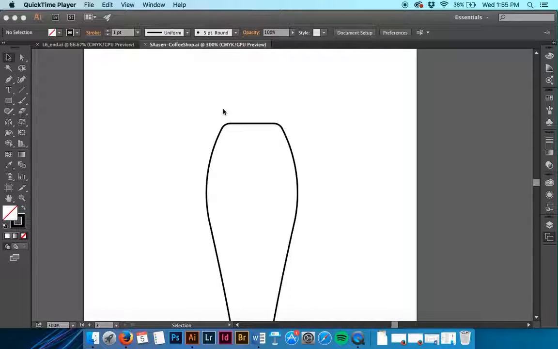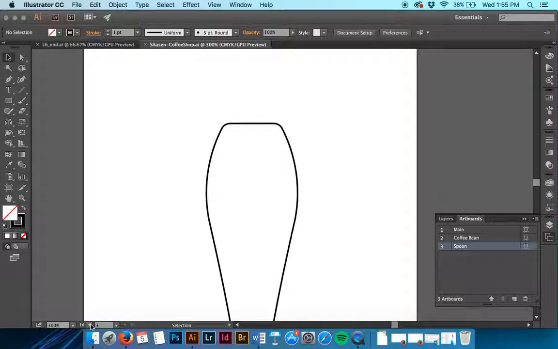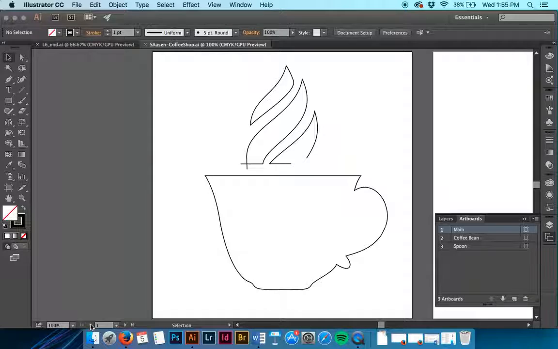Hey, hoping the pen tool hasn't scared you away from Illustrator so far. The next topic is editing paths and points. So we're going to go to Artboard 1. So we're in Artboard 1, and here we're going to, actually, with this selection tool on the artboard,